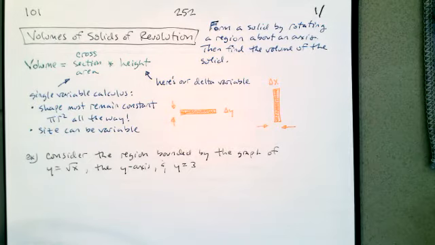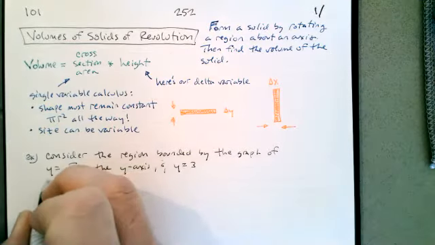Yeah, we'll send it all the way out to 9. Let's find the volume of the solid if we rotate this region about the line y equals 3. Find the volume of the solid